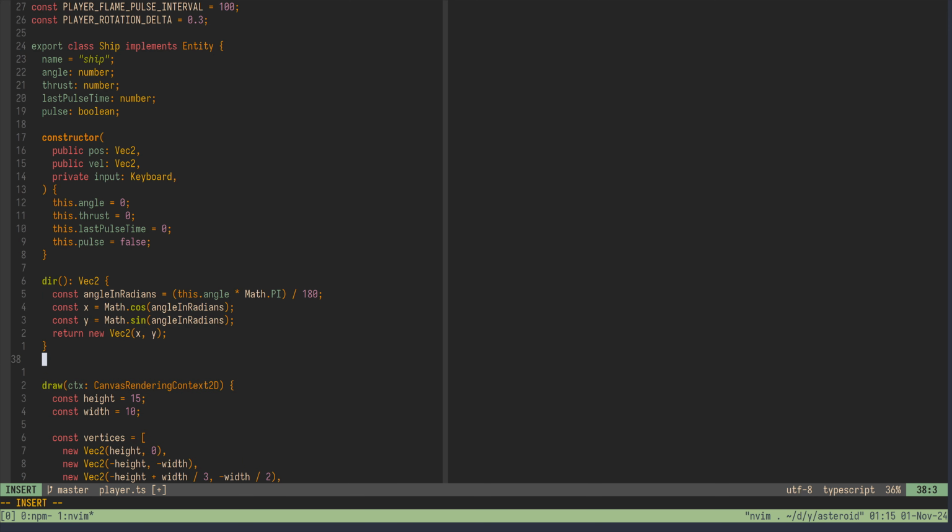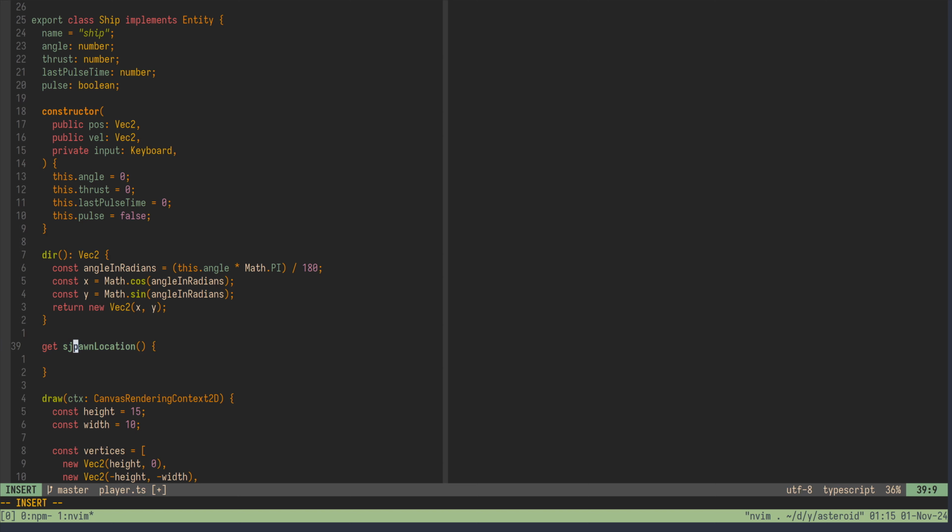So let's say get spawn location, or we can also do this. So spawn location would be whatever the direction we are facing, and you want to scale that